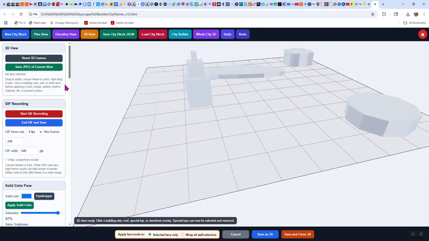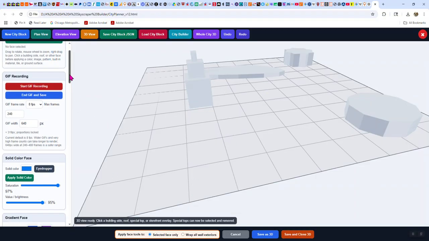And in 3D view, I can always save a JPEG of almost anything in the program, hit that and save it. It's set up so I could do a fly through of it once I got these things colored in and everything, and so do a little GIF recording.